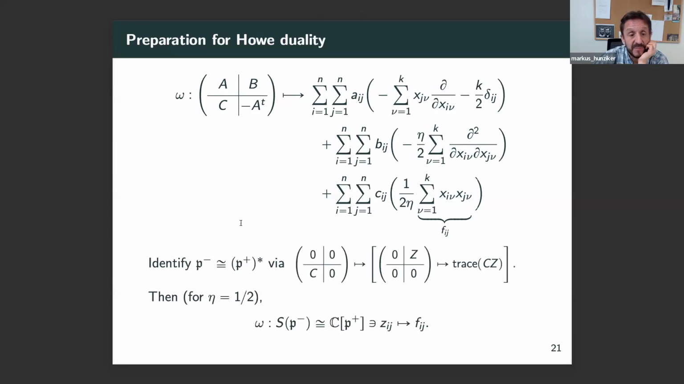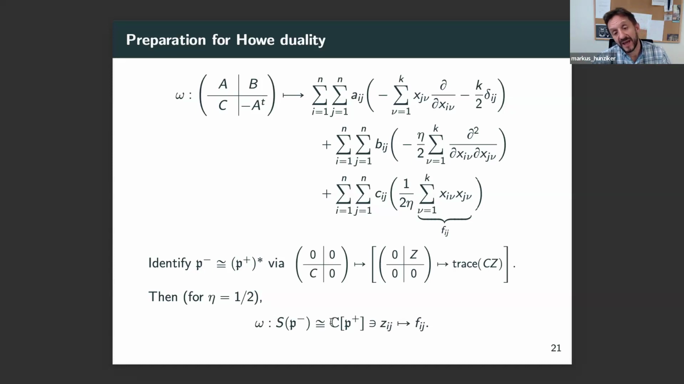So the P minus Lie algebra can be identified with the dual of P plus via the following map. A matrix in P minus, you can view it as a linear function on P plus by using the trace. This is well defined, and this establishes an isomorphism between P minus and P plus. So then if you think of SP minus, the symmetric algebra, as something in the universal enveloping algebra of G,